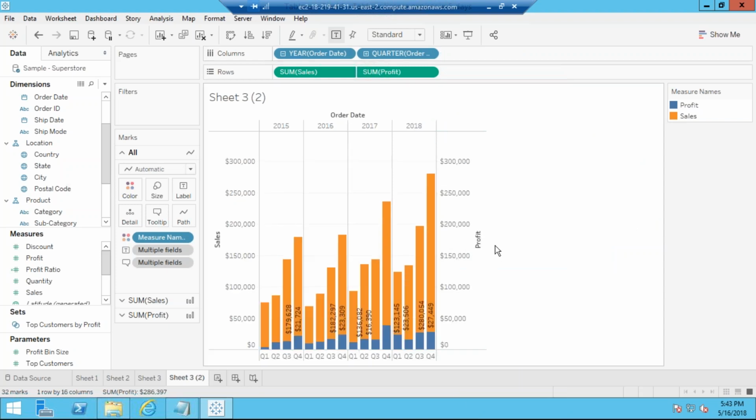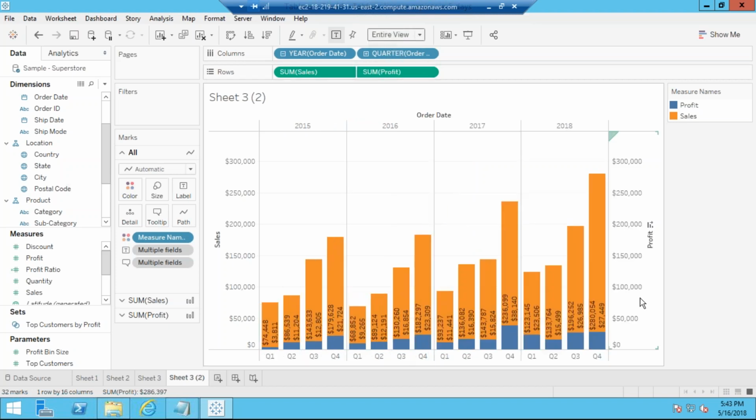So this is the way you can utilize these functionalities. It is all about how you want to see this. You can go to the standard option, or you can fit width or entire view. If you want to see it in entire view, just say entire view, and you will see it like this.